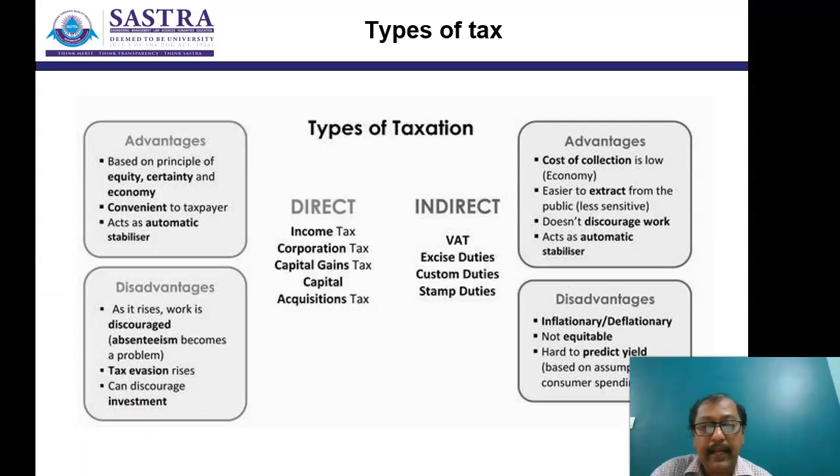One is the direct tax, the other one is the indirect tax. What makes the difference between direct and indirect tax is so simple. The tax burden, or the chargeability of tax, makes the difference. How? The chargeability of taxes will be direct on the person who has to pay tax in case of a direct tax system. The person who is liable to pay taxes will pay taxes direct to the government without any intermediation.